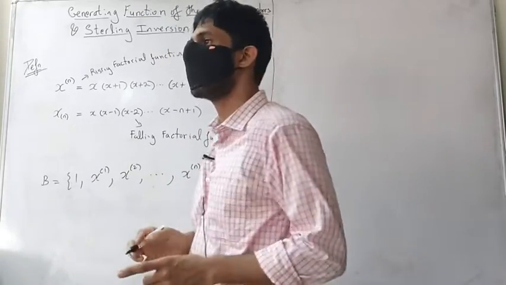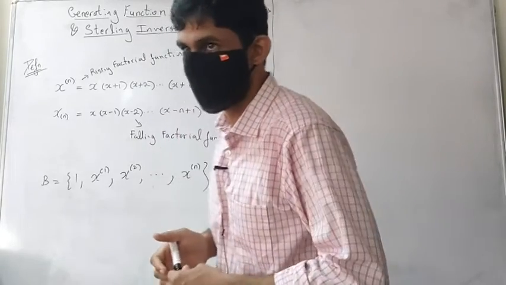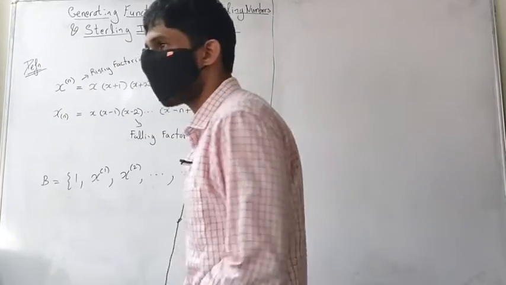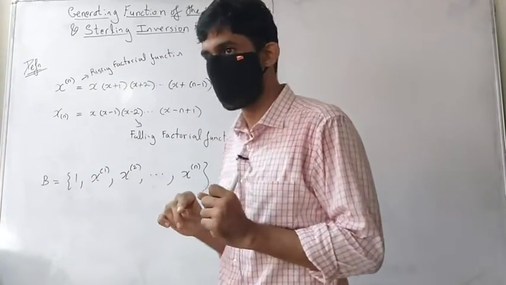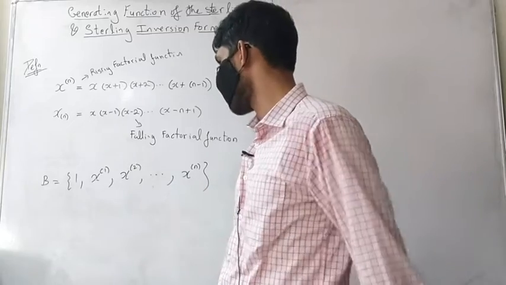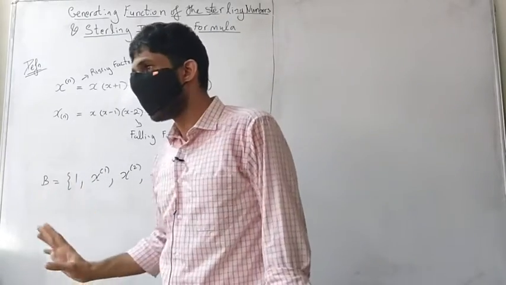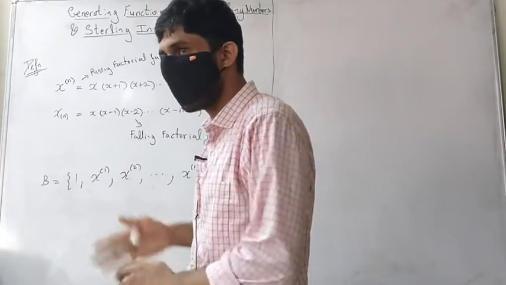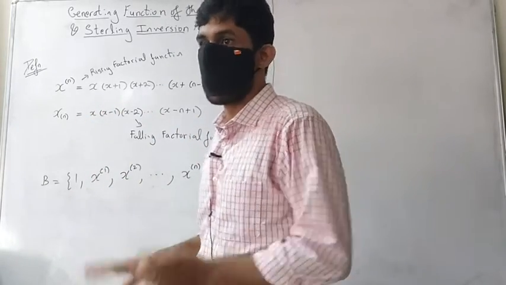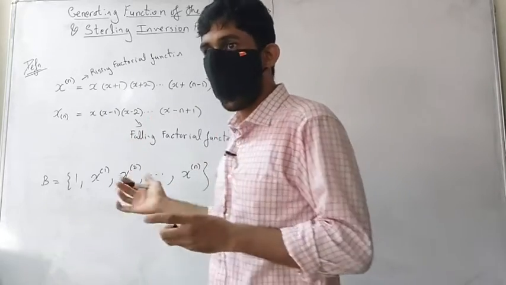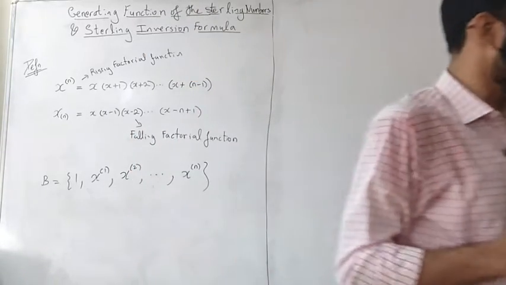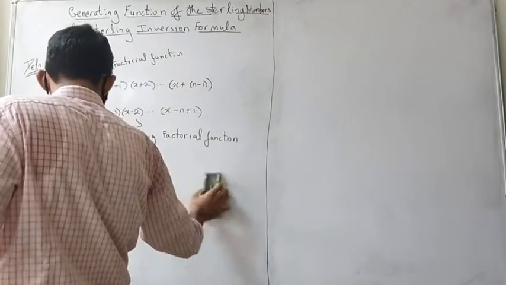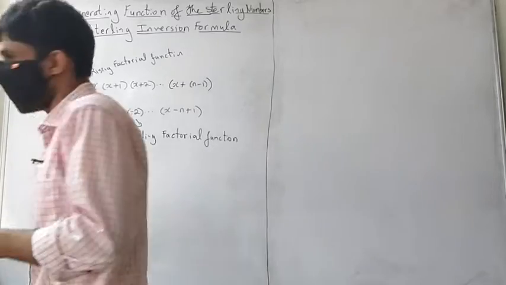We have just proved it, and we know that the vector space which we are talking about is an n plus 1 dimensional vector space. So any linearly independent set of n plus 1 elements is going to be a basis. So this forms a basis. Similarly, even if I use the lower factorials, it's going to form a basis. Something to keep in mind as we do our proofs. I'm not proving these things rigorously because this is vector spaces, but I'm sure all of you can do the proofs on your own.